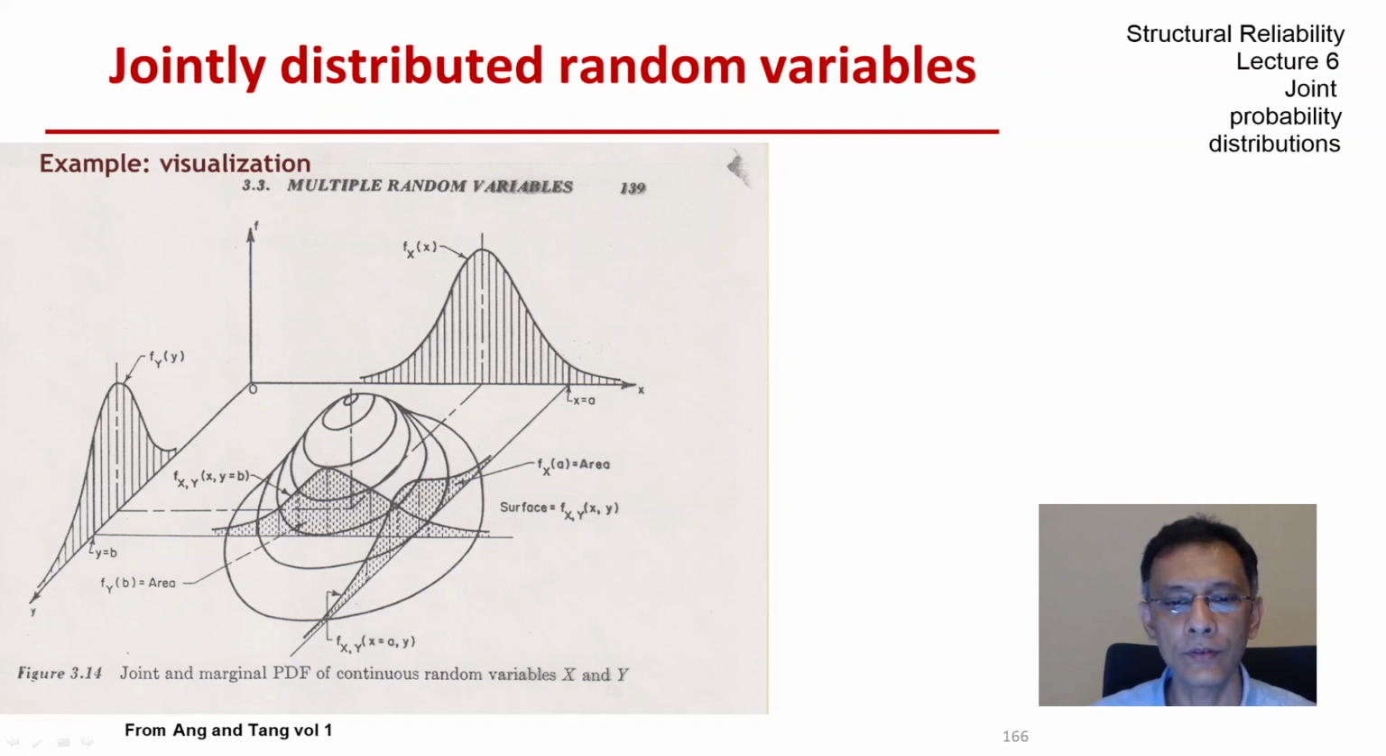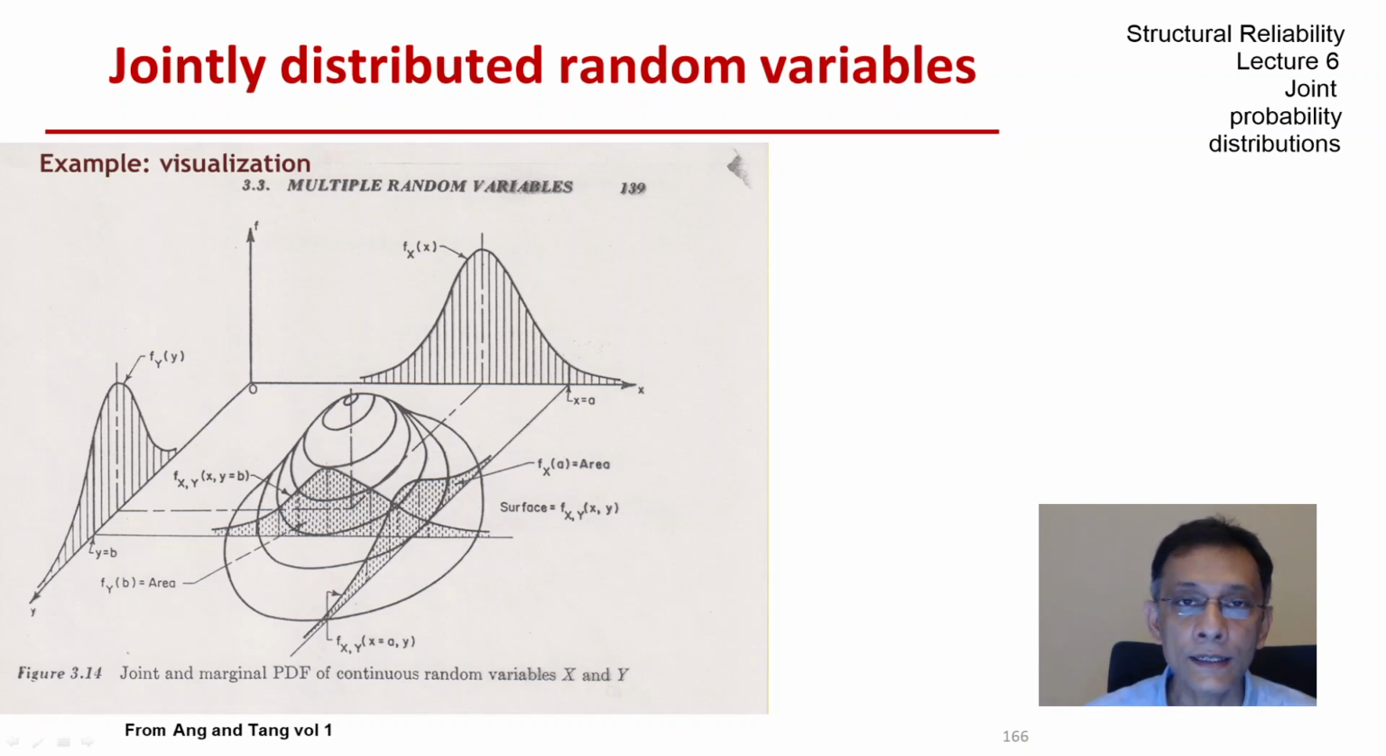We next have another example from Ang and Tang's book. The picture that you see is actually taken from the first edition of Ang and Tang's text, and this is a beautiful picture of the bivariate density function. So let's spend a few minutes looking at the quantities that you see here, the marginal density functions of x and y,